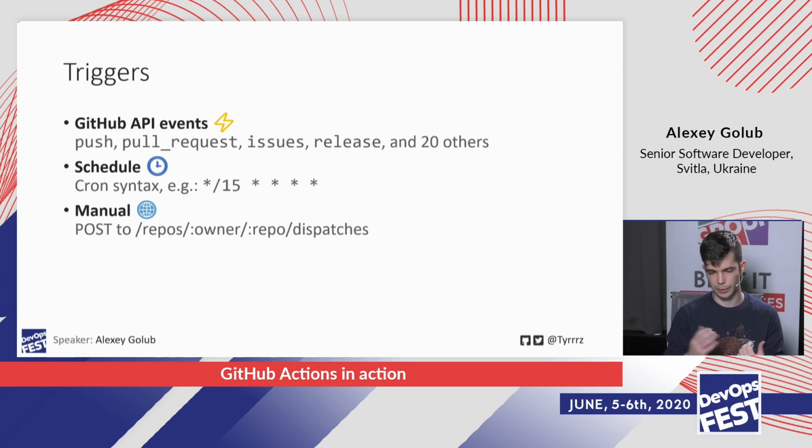So those are not something you can press with a button on the website. Instead, it's a URL that you have for every repository that you can send a post request to, and that will start a workflow if you have it configured. And that's pretty cool because you can have, for example, a Slack bot that you can say deploy to, and then it will send a post request here, and it will, I don't know, run some workflow that deploys a Docker image to Docker Hub, for example. And what's also cool about it is that you can actually send custom payload, and you can parse the payload inside of your workflows. So that's really awesome.